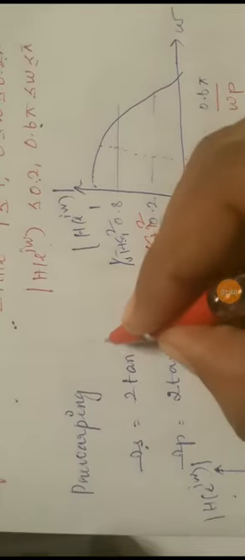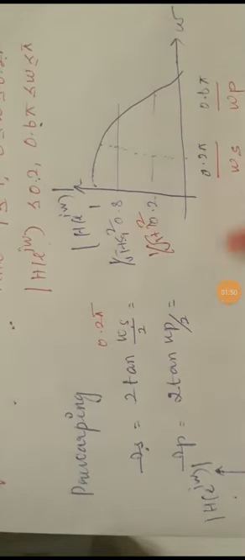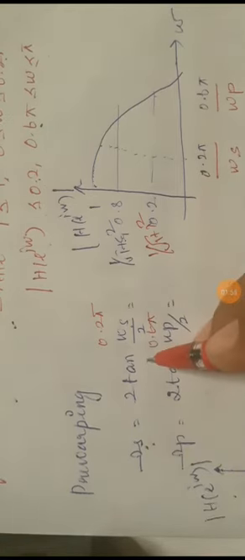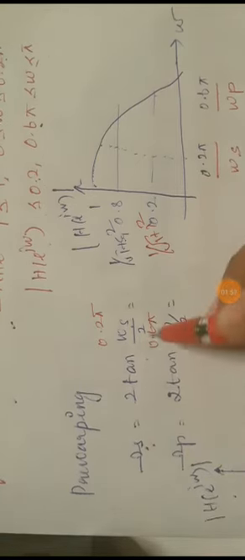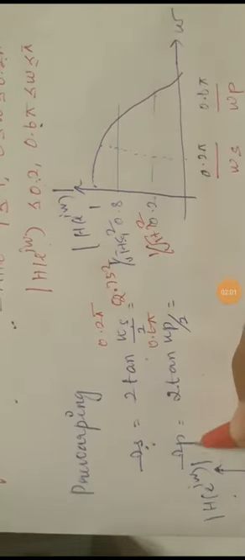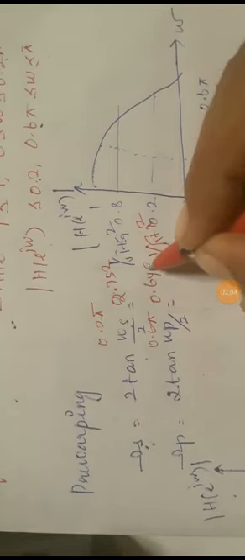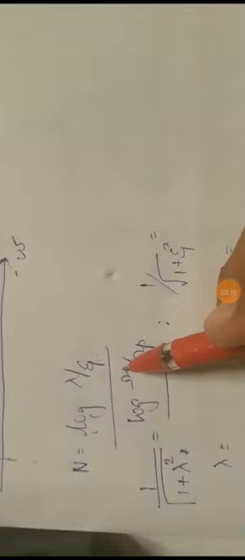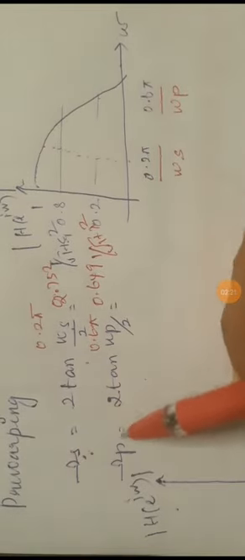So omega s is 0.2 pi, omega p is 0.6 pi. Substituting the values, we get the analog omega s value, which is 2.752. Analog omega p value is 0.649. After finding that, we have to find the order of the filter n. So n is equal to log of lambda divided by epsilon, divided by log of omega s divided by omega p. We have found the analog omega values omega s and omega p here.